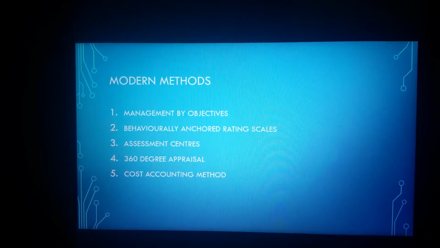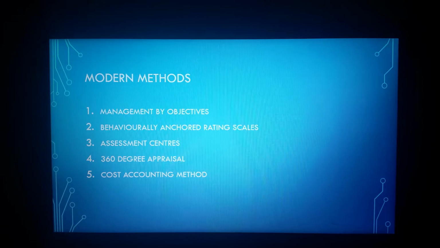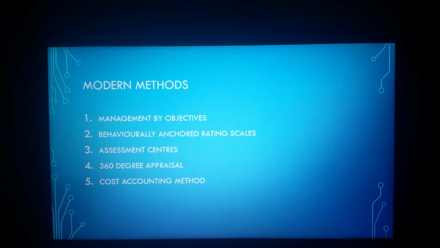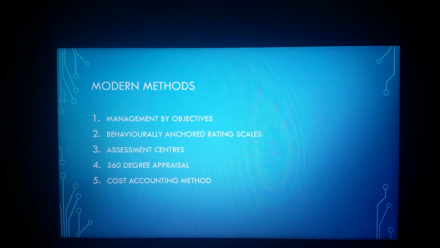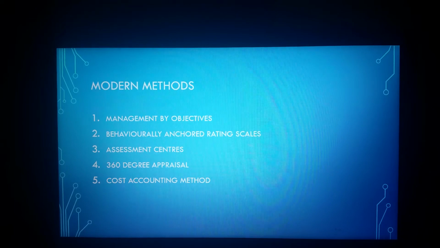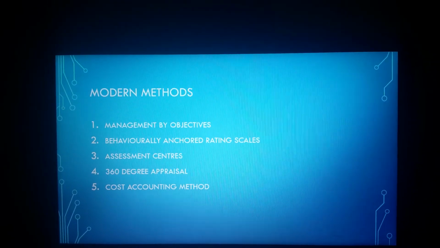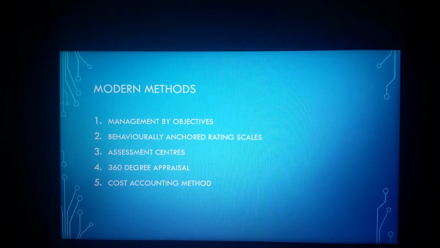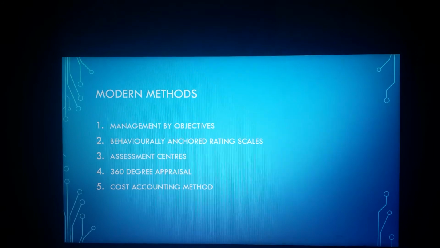The next method of performance appraisal is behaviorally anchored rating scales, also known as BARS. This method was identified way back in the 1960s. It combines the benefits of various methods like the critical incident method and quantitative rating methods. Developing behaviorally anchored rating scales involves 5 main steps.